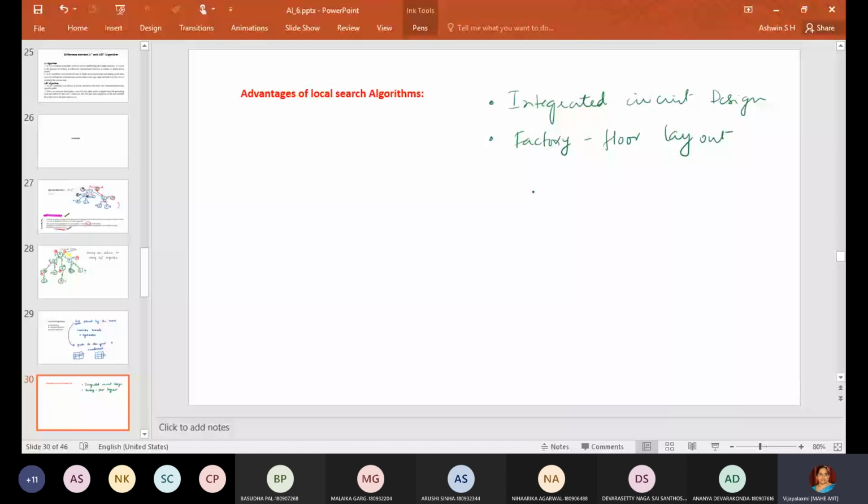Then there is another application called job shop scheduling. Then in telecommunication, network optimization. So here also the final outcome is required. Then vehicle routing.